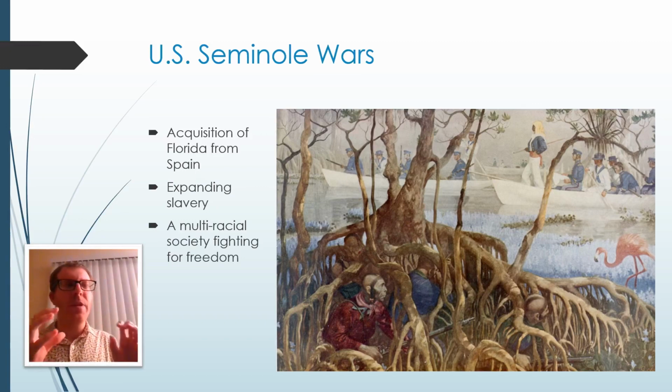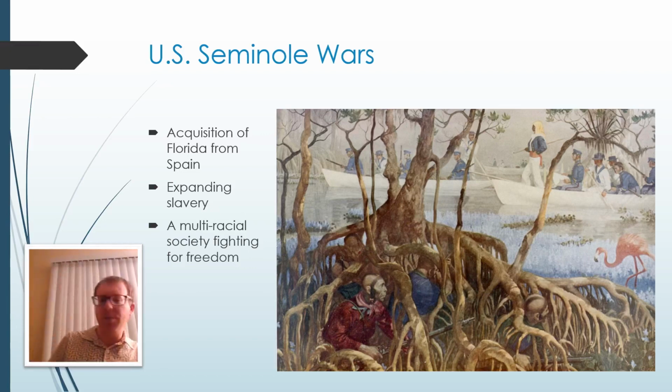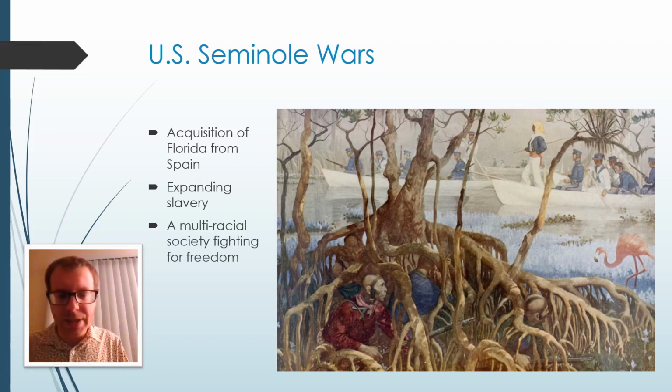And even as the communities aren't fully integrated necessarily, the Seminole Nation becomes a multiracial society that fights against the United States to hold on to their land in Florida while simultaneously fighting against slavery and encouraging enslaved peoples to come to the Seminole Nation and set up new lives there. And this was one of the most prominent wars at the time that lasts for decades